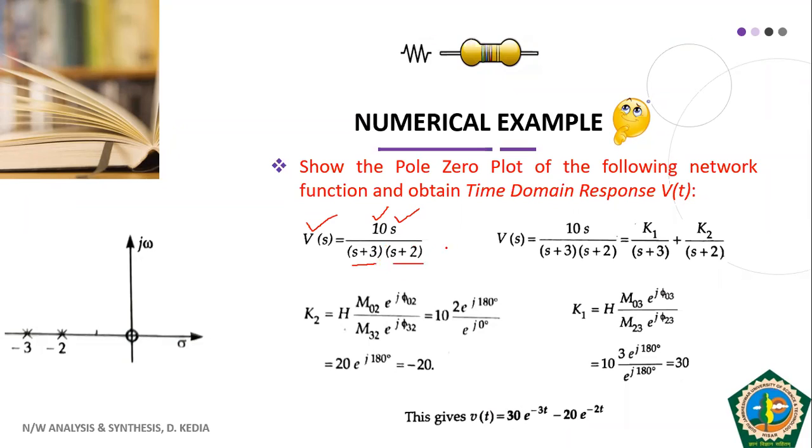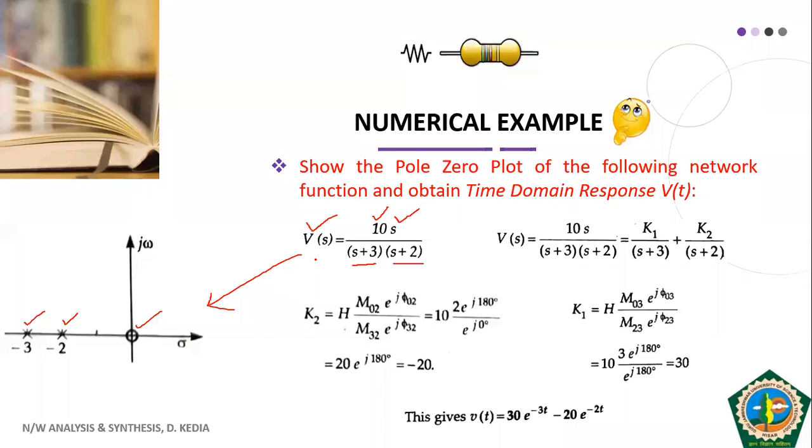We can directly plot poles and zeros. One pole is -2, another pole is -3. We have represented poles with a cross, and this zero is at s equal to 0. 10 is a constant. So we have obtained the pole zero plot